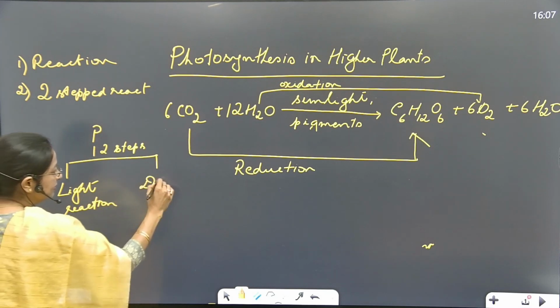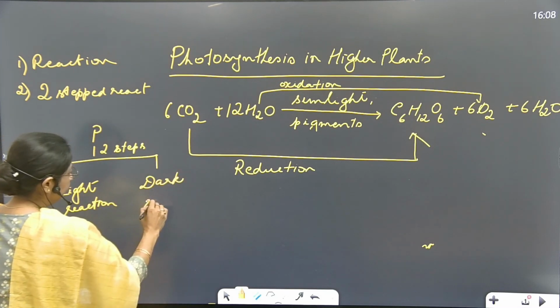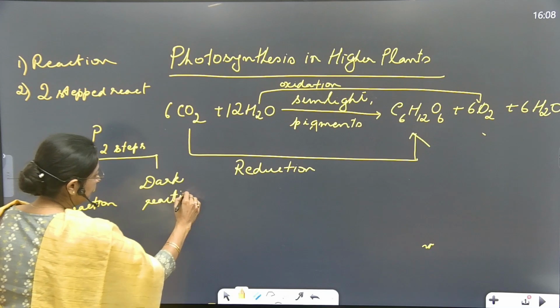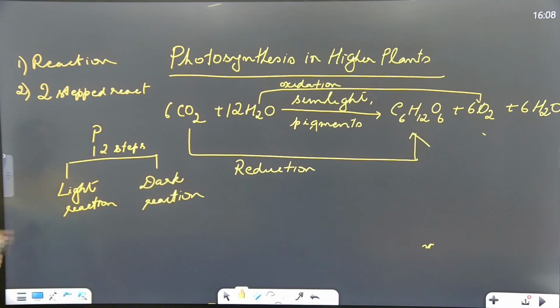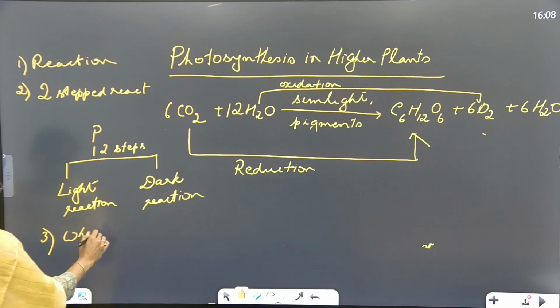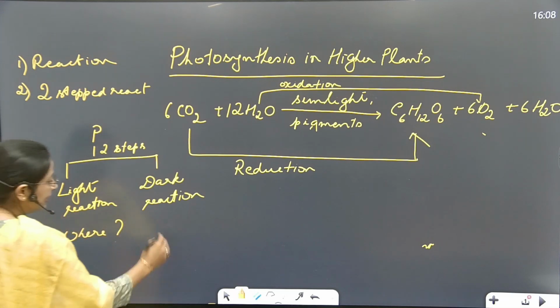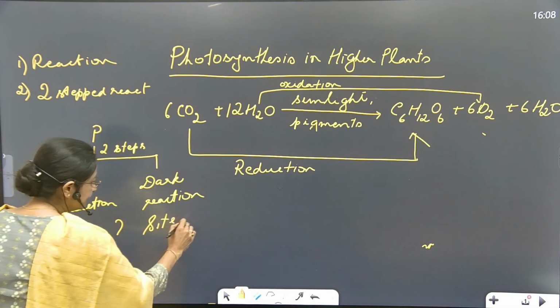Light reaction and dark reaction, right? So it is a two-step reaction, light reaction and dark reaction. The third point is where photosynthesis occurs. Where does this reaction occur? Or we can use a word called as